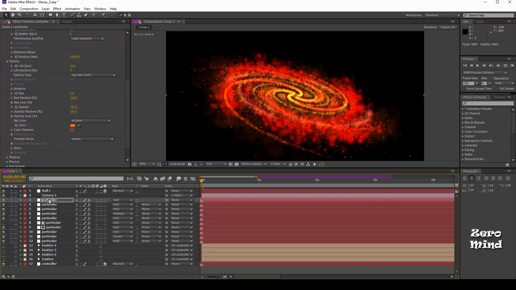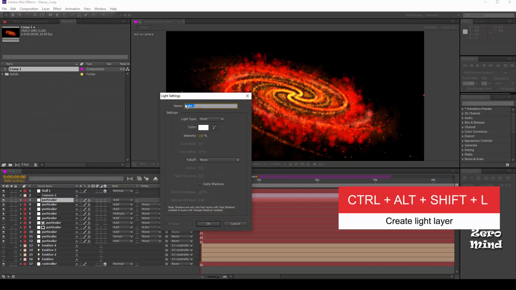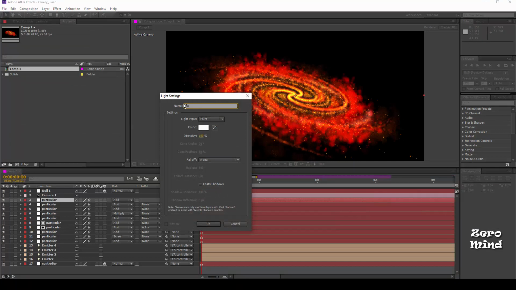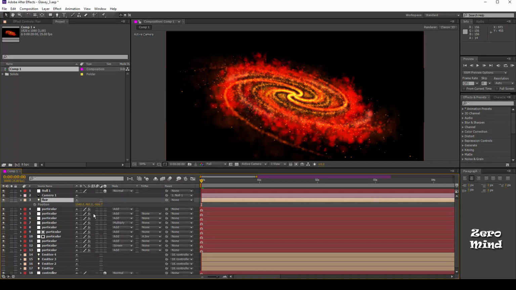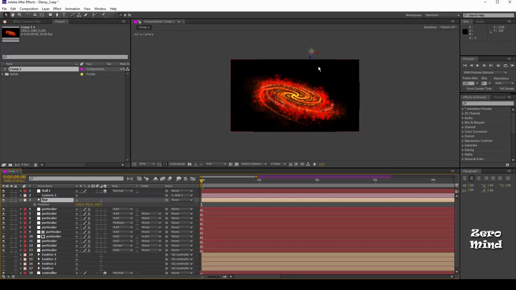I will create one point light. Press Ctrl Alt Shift L, keeping the name of this light flare, so that the Optical Flare plugin will find the light according to the name. Change the position of the light: 960 in the x-axis and 560 in the y-axis, and keep the value 0 in z-axis.